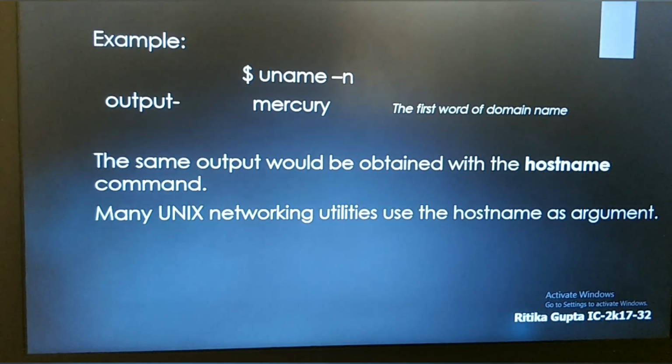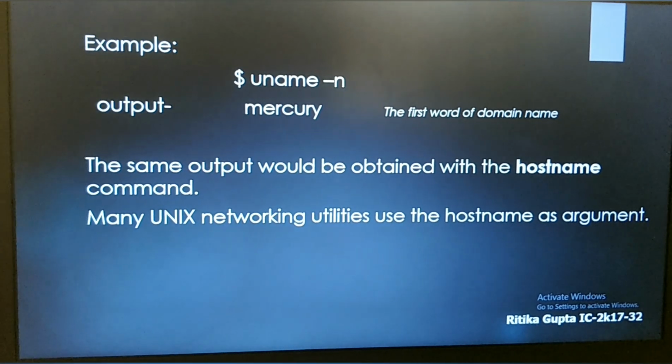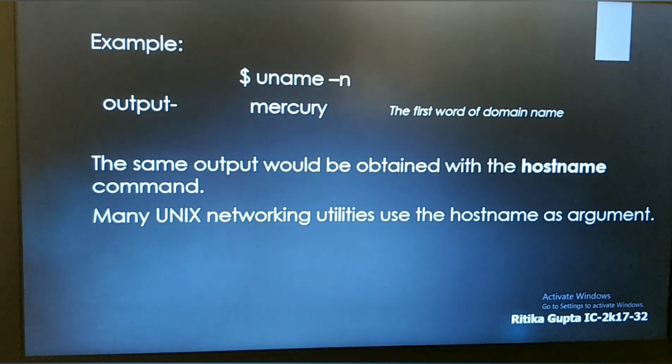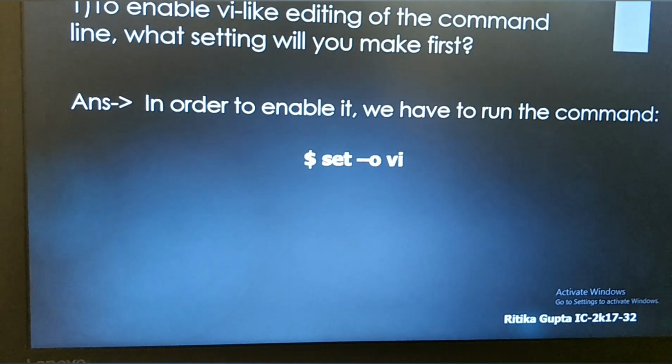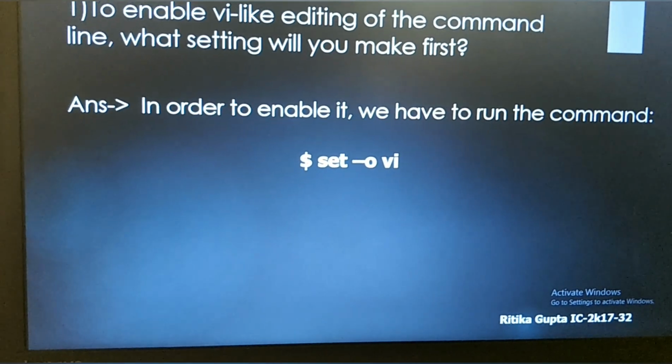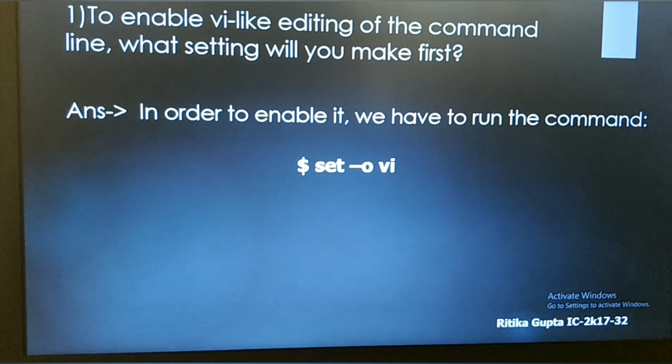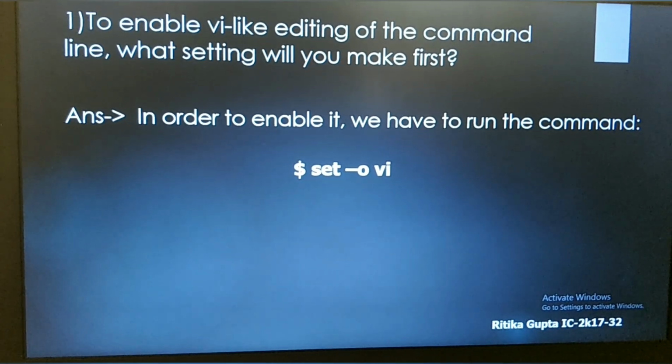Now moving on to the question answers related to the shell and the environment variable. So here the first question we have is, to enable VI editing of the command line, what setting will you make first?